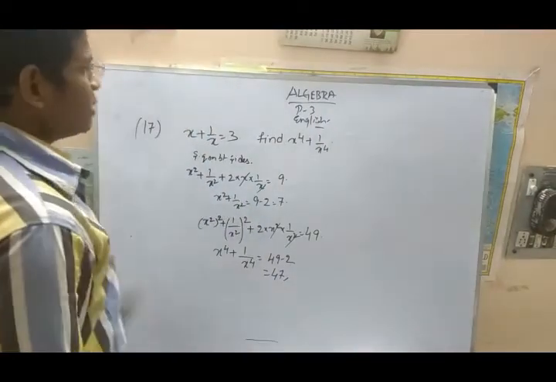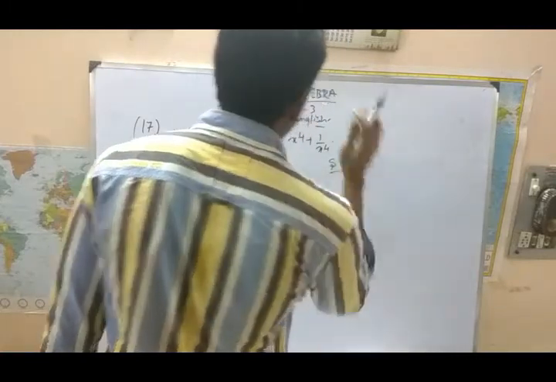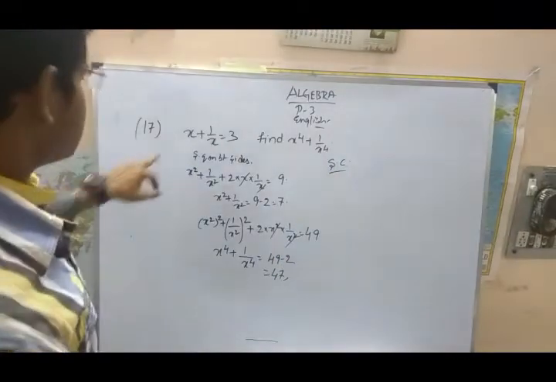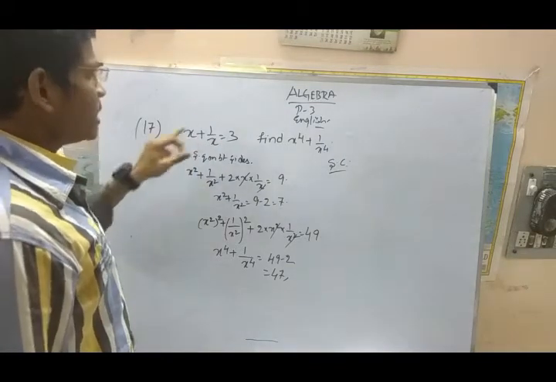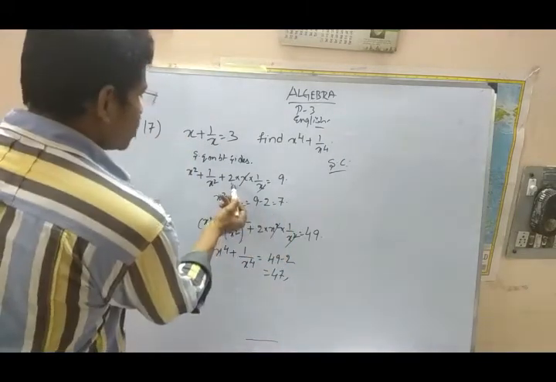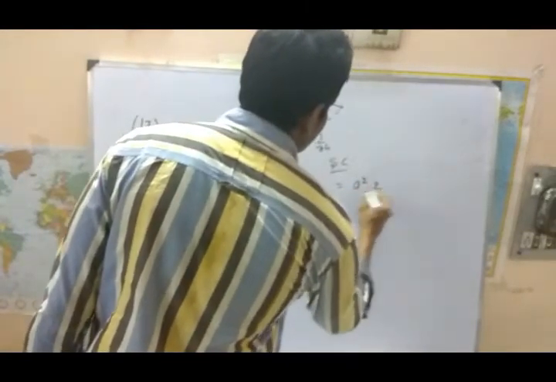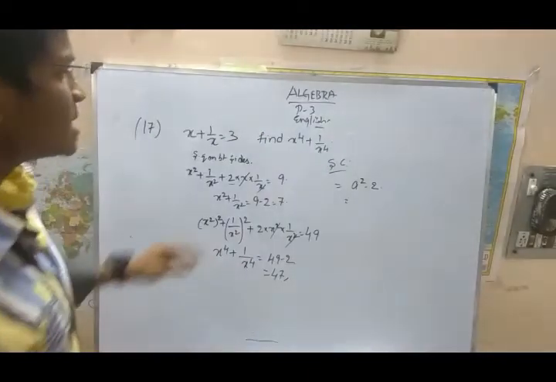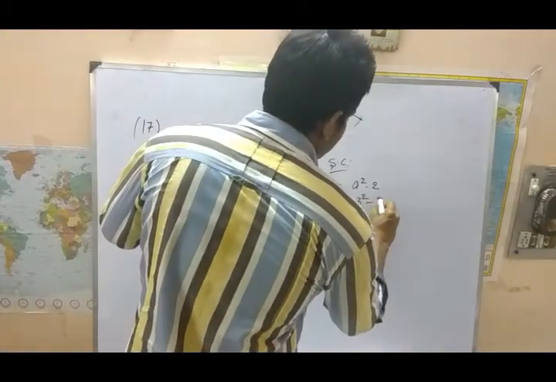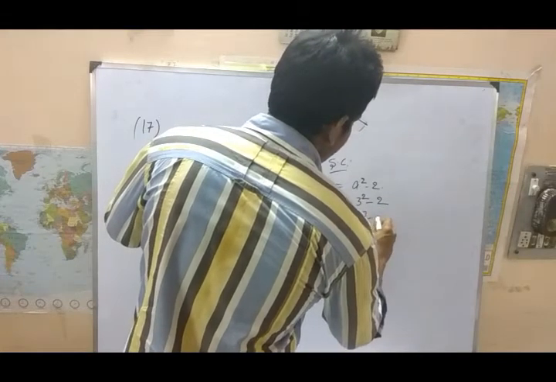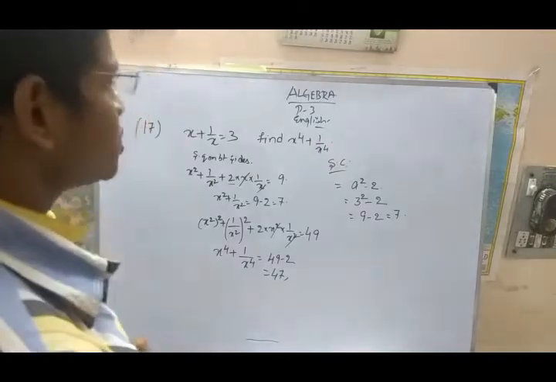But students, here we can apply a shortcut. What is the shortcut I told you first? If there is the same number or same variable in the denominator and numerator, we can just cancel and we will be left with only 2. So what do we have here? a square minus 2. The formula which we know is a square minus 2. What is a here? We have a as 3. So 3 square minus 2, 3 square is 9, minus 2 equal to 7.